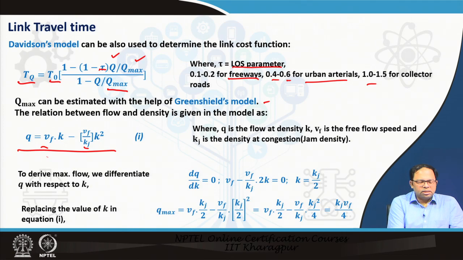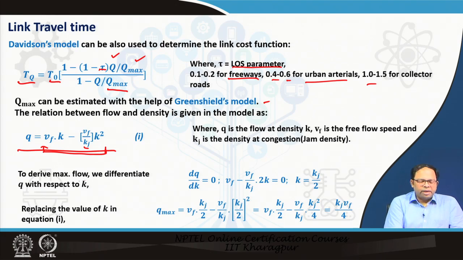So as you can understand, now if I want to find Q max, that means I have to find at what value Q becomes max. So for that we take a derivative, as we know that we want to maximize the value. We need to determine at what value it assumes the maximum value. So we can take a derivative of this particular function and equate it with 0. So that is a standard way to find the max value.